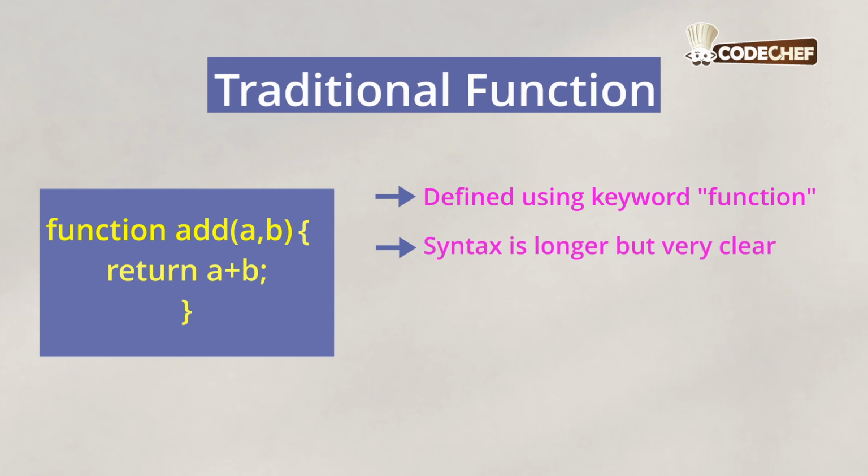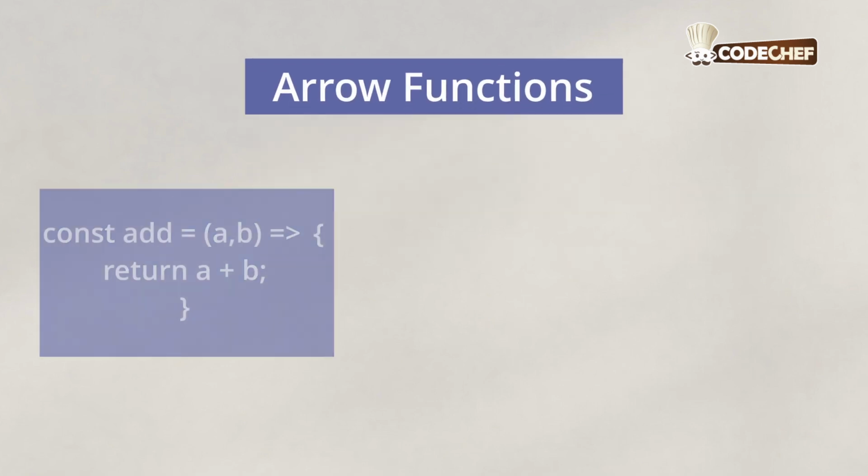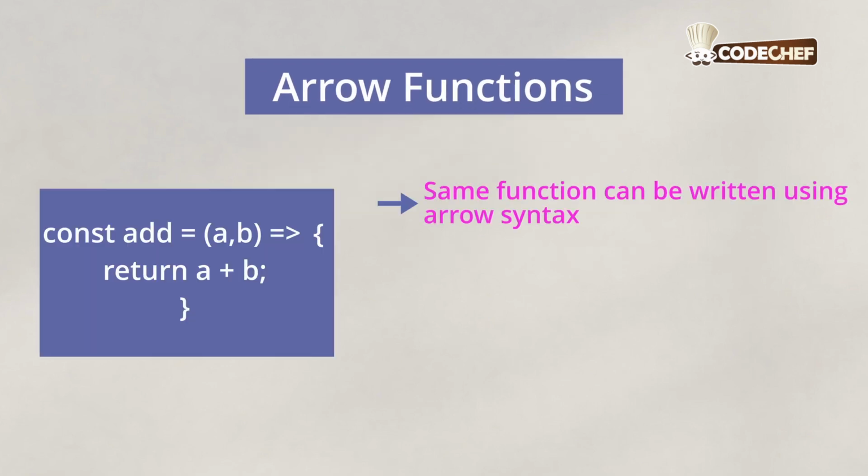But the issue is, when we use callbacks for map, filter, or forEach, we want the function to be as concise and short as possible, which is where arrow functions come in. So in arrow functions, the same addition function can be written using arrow syntax, which means the keyword function will be replaced by an arrow, which is basically an equals to and a greater than sign. Let's say I want to define a function called addition. So how I would do it is I would write const add equal to the parameters which would be taken as an input for this function, after which I would define what would be returned in curly braces, which would be